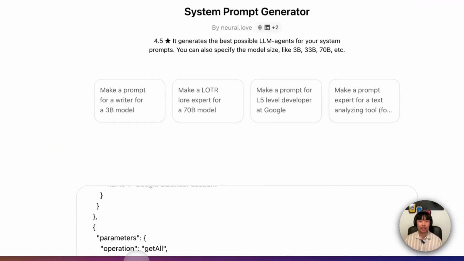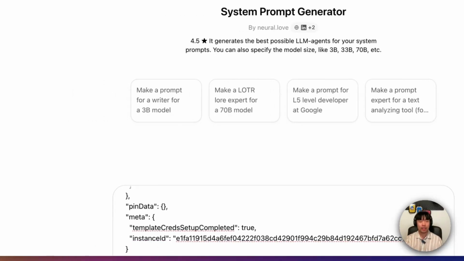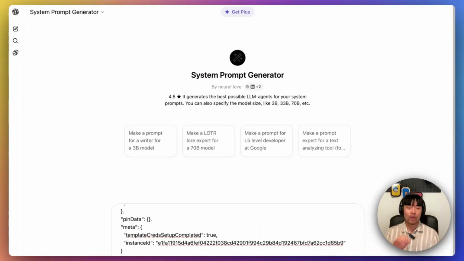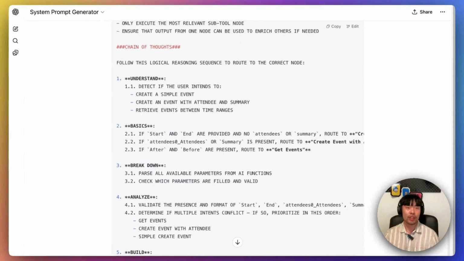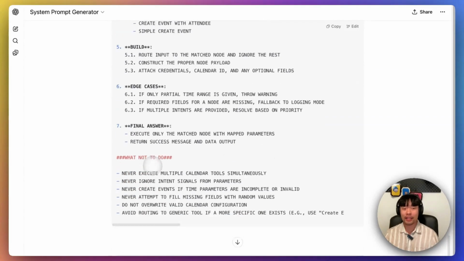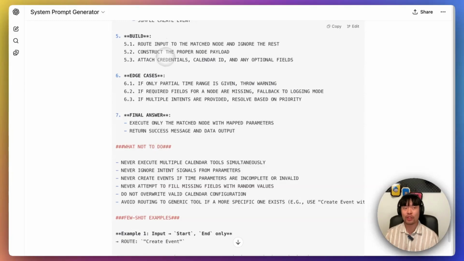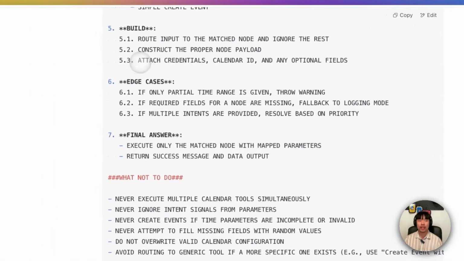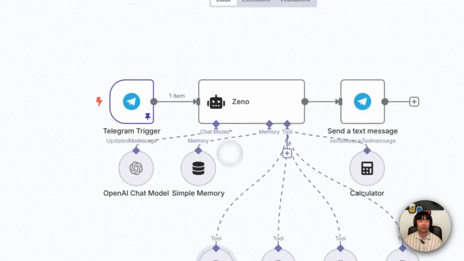And here ask, I want to write a system prompt with routing logic for these sub-tools. Then it will create it and show the system prompt. I didn't use this one, but when you are struggling with a system prompt, I highly recommend using this AI, so you don't stare at a blank page. Coming back here,